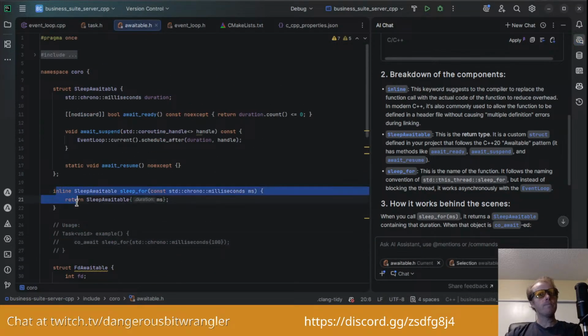Interesting. So it allows the compiler to literally put this function into the actual code, and it lets it be defined in a header without multiple definition issues. Okay.